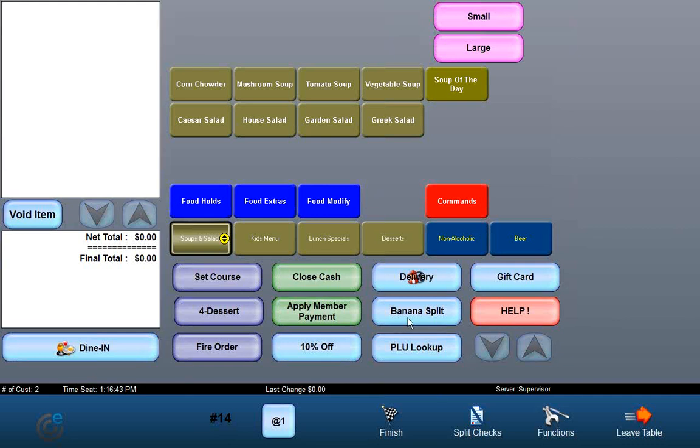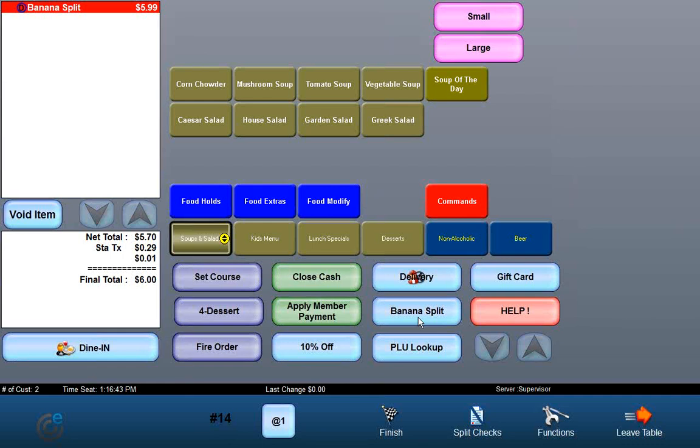Also, take a look at this next one down here. I've got banana split. Within a banana split, this is basically a product that I've set up as my own separate function button. You select on it, boom, there it is. So it doesn't matter what you've got up on the screen in terms of products and so on. If there's some common product that you want to have applied to a check or many checks on an ongoing basis, then you can just create it as its own function button